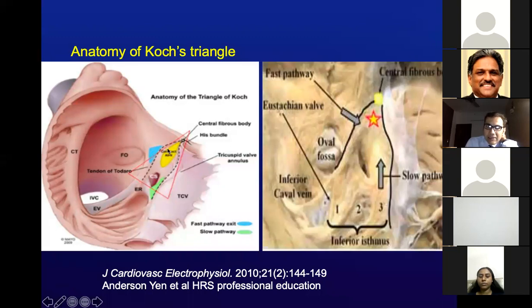Now, the conduction system consists of the compact AV node, which then pierces the septum to go towards the left side and forms the bundle of His, the penetrating bundle of His, and then divides into your traditional Purkinje fibers. Inferior to this compact AV node is the opening and the roof of the coronary sinus.